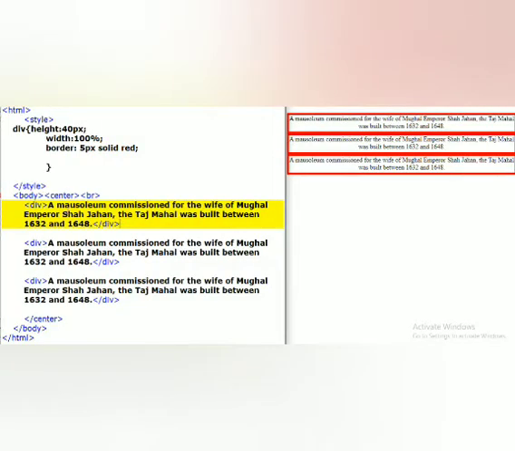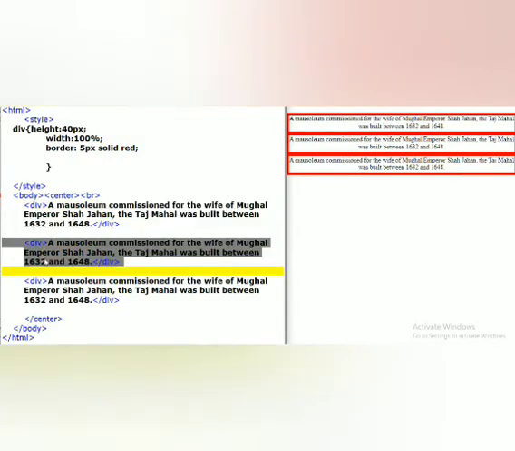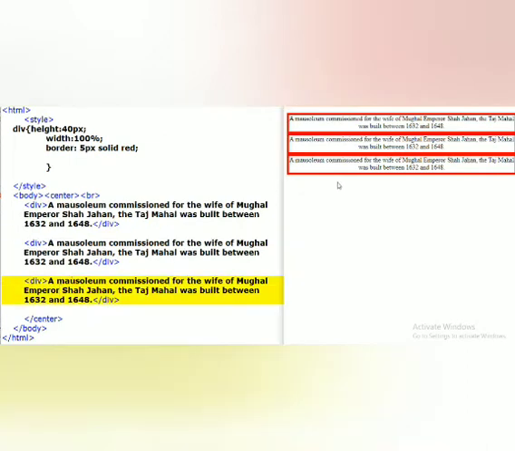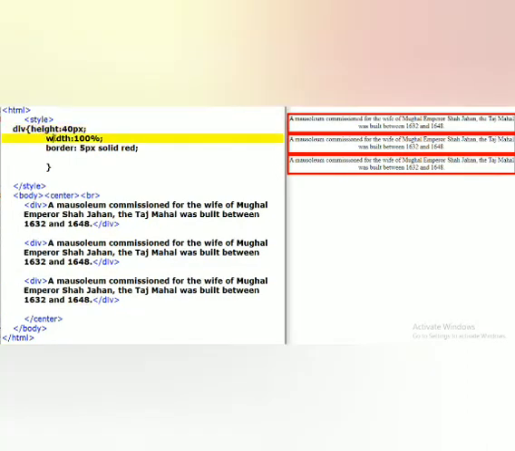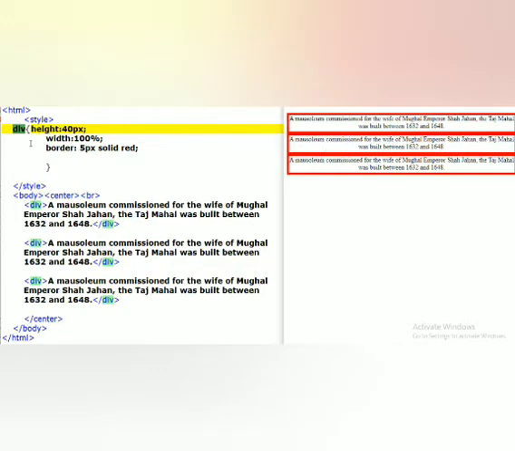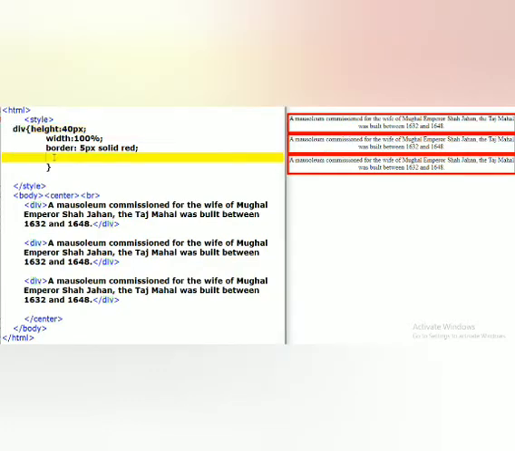Here you can observe in this program three division tags I am displaying on the output screen. I am applying a specific height, width and border for all these three division tags. You can observe I am only taking the name of the element, and I have passed all these three style properties for division elements. Means the same height, width and border is applied for all these three division tags. Still I have not applied any margins here. We have already seen different ways to apply the margins. Let's start with the first way of applying the property.